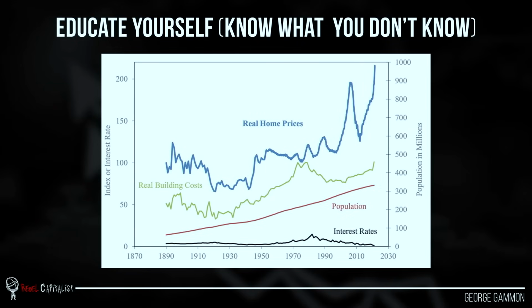First, you need to educate yourself. And this starts with knowing what you don't know. You guys have taken a great step by coming to this conference in the first place. A good example of this is when I retired in 2012. This was one advantage that I had. I knew that I didn't know anything. I didn't know what the Fed was. I didn't know what the bond market was. I didn't know what a yield curve was. Absolutely zero. But I wanted to manage my own money.